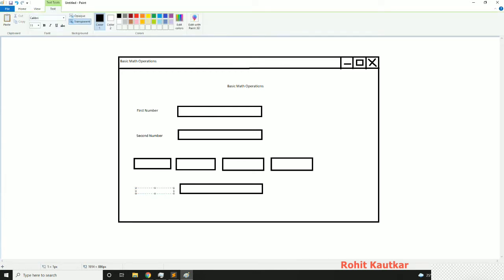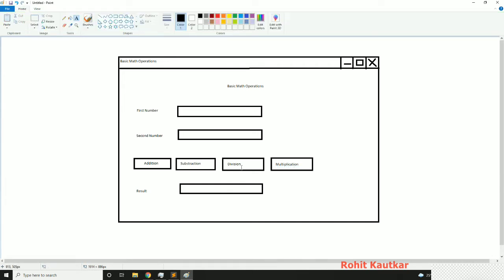Here we will add the label Result, and here we will have text for addition, subtraction, division, and at last multiplication. Like this we will have our GUI.